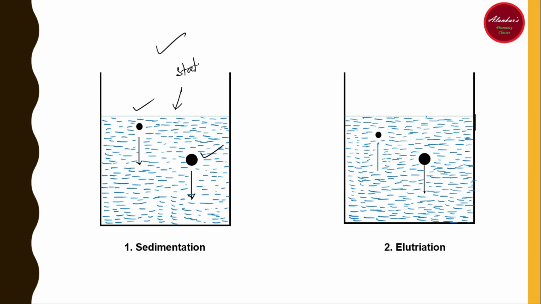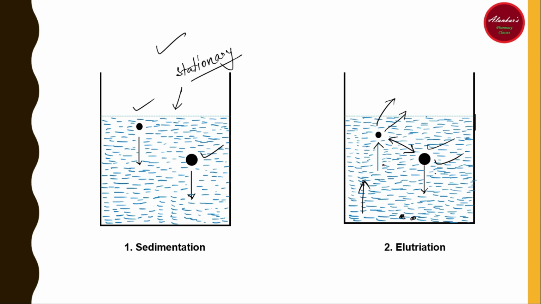But in the case of the elutriation tank or elutriation method, the liquid is moving vertically in the opposite direction of the sedimentation direction of the particles. And that's why, if the liquid has a velocity more than the particles, then they will start moving along with the liquid, and this will be carried away separately. In this way, these lighter particles are separated from the heavy particles.